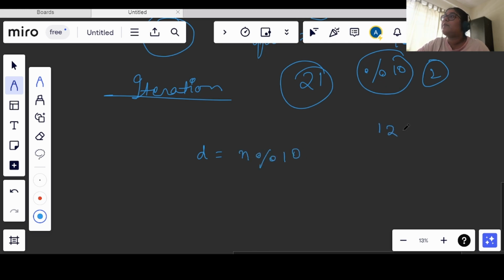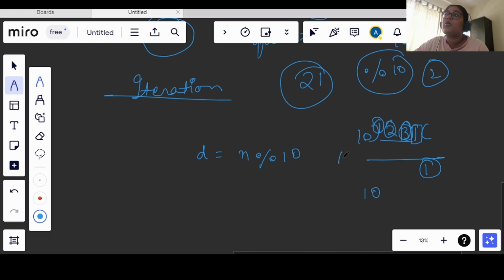Whether it be 1231, if I divide it by 10, in the remainder I will get 1. Now I am getting this value, but I need to get 3, 2, and 1 also. Let's say I have already gotten this 1 and now I need 3. For that, I can divide.